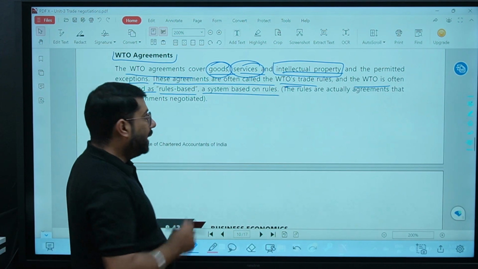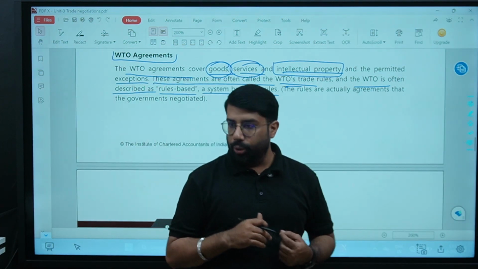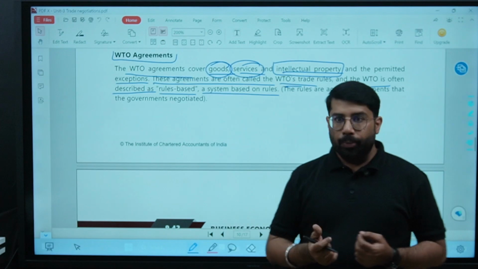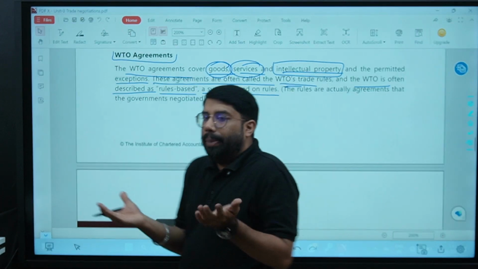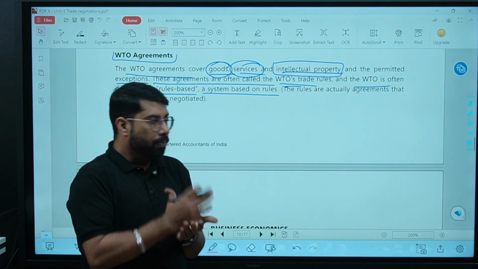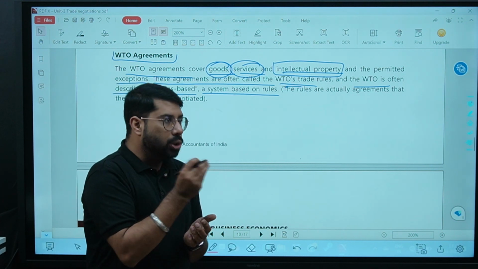It means that whatever agreements are made between the member countries of WTO, those agreements will form the basis of trade. Basis of trade means on the basis of those agreements only the trading will be conducted. Are we clear? So whatever rules will be written, whatever terms and conditions will be there,